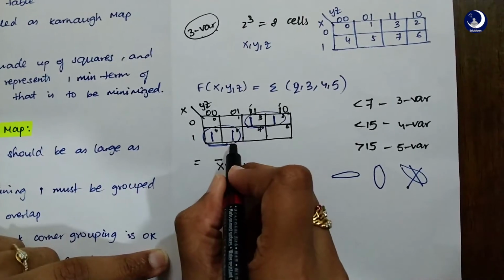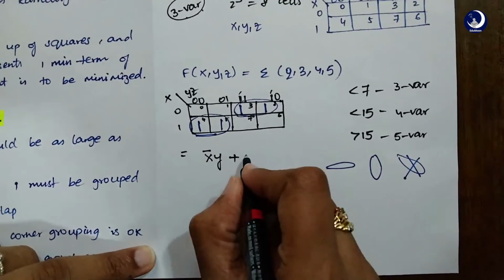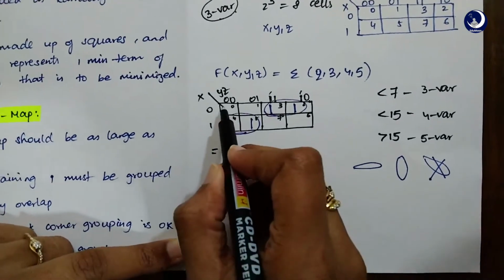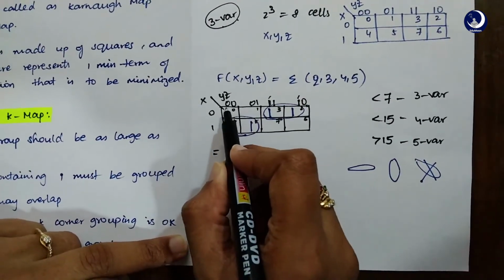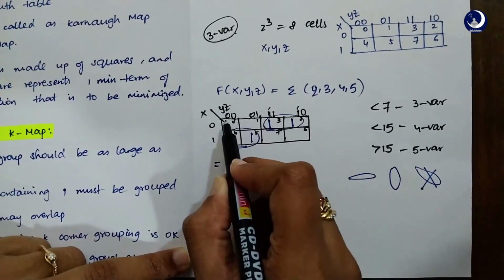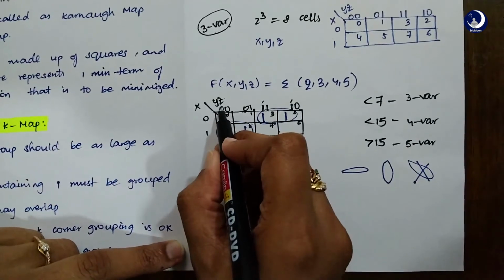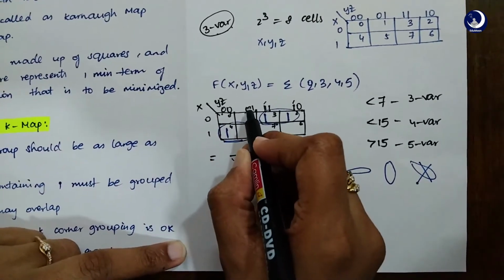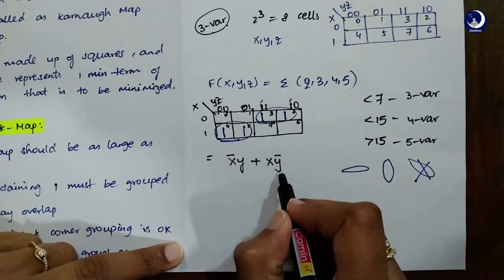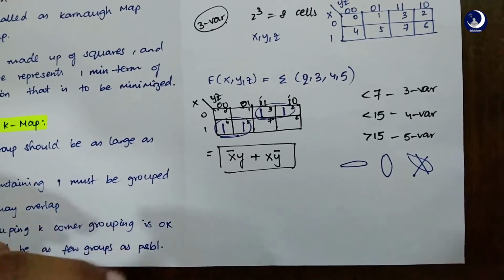Similarly, for this one also, in this row, it is an x. So we are just writing x, and in these two, 0, 0 and 0, 1, here 0 and 0 remain the same, but here 0 and 1 is changing. So it is a 0 and a 0. So we are assigning y bar because this value stands for y and this is z. So we are assigning a 0 value to the y, it becomes a y bar. So your answer will be x bar y plus x y bar.